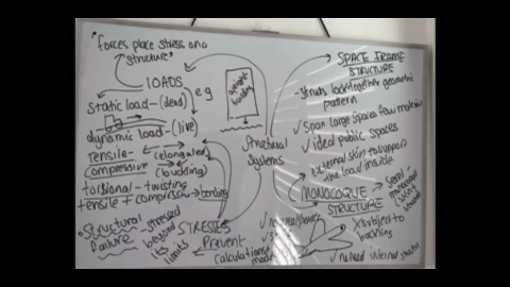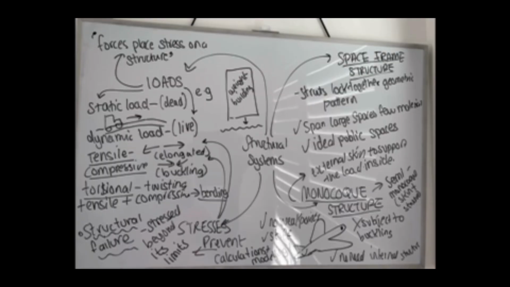So loads are the forces that place stress on a structure. Now, there are two different types of loads. There's a static load, which is referred to as a dead load because it doesn't move. For example, the weight of a building. Or you can have a dynamic load, which is a live load. For example, if you have a bridge and the movement of cars on the bridge, it's moving, or the movement